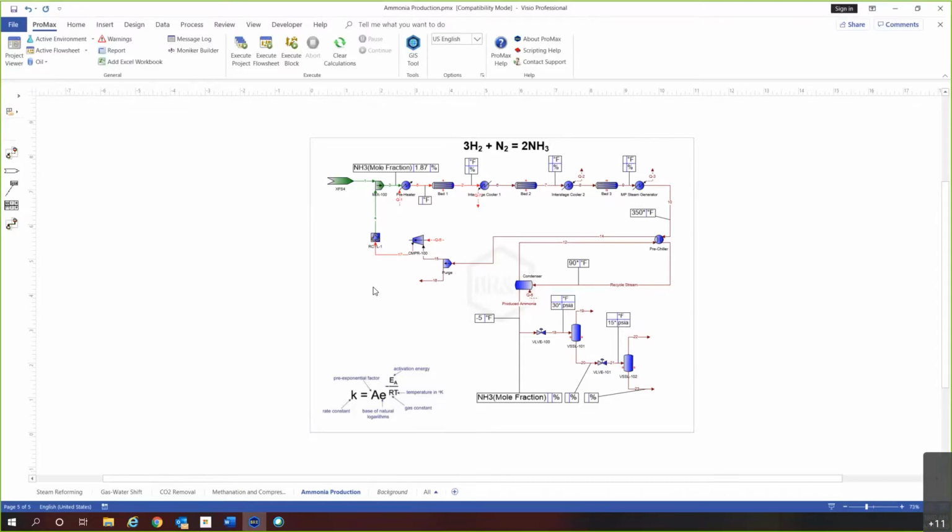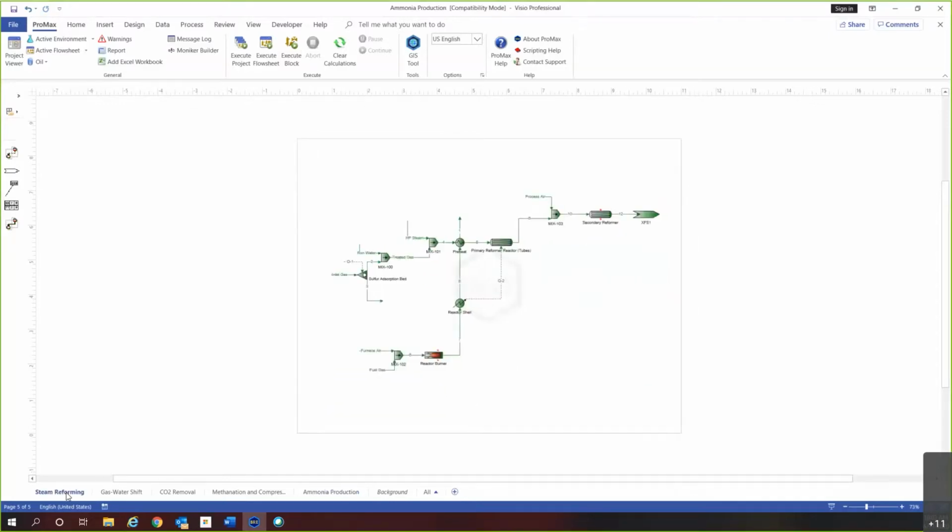The first step would be the steam reforming process. Now, we're not going to discuss the details of this, just a quick overview. The steam reforming process will take methane and create hydrogen and carbon monoxide. The hydrogen is what's going to be used in the ammonia reactor. After we've created the amount of hydrogen that we want,